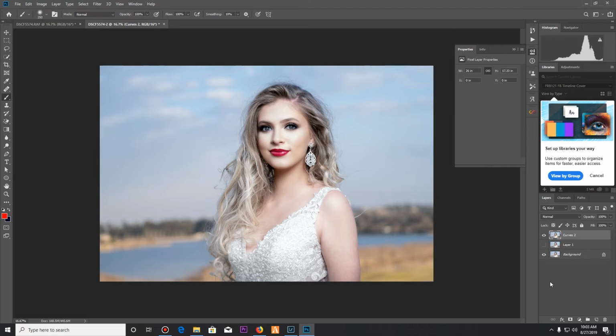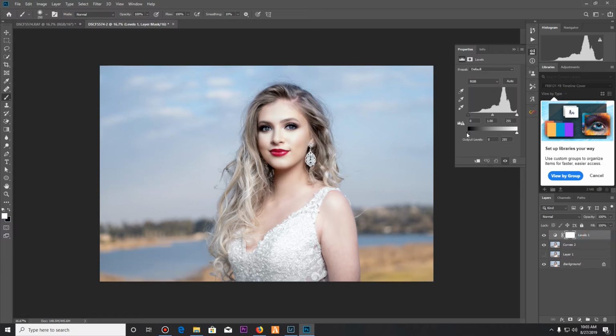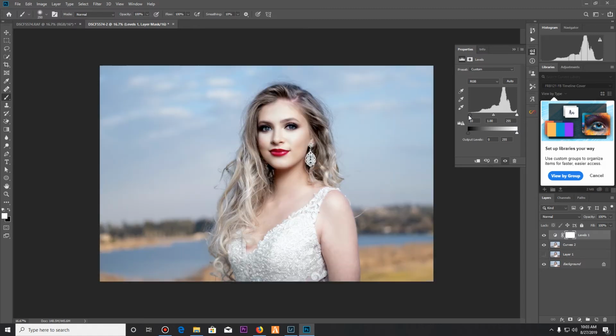So the next thing I would have to do is, how do we grade this video? Grade this photo. I think overall it's looking good. I will then go to levels once again. Bring the black here. I want to bring it down slightly. Sorry, it's the top one. So you get this, you bring it out slightly, just so you get a little bit more contrast to the image. I prefer the levels,